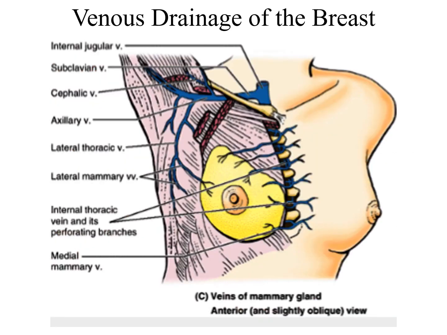In the same way, the venous drainage: the medial side is drained mainly by tributaries from the internal thoracic vein and its perforating branches. So many small tributaries enter into the internal thoracic vein on the medial side, while on the lateral side, the lateral thoracic vein, lateral mammillary vein, as well as some medial mammillary veins, ultimately drain their blood into the subclavian vein. So blood from the breast is ultimately draining into the subclavian as well as the axillary vein, mainly the